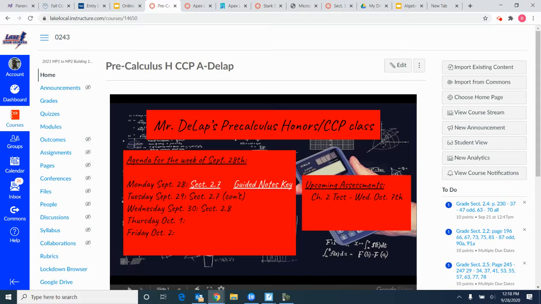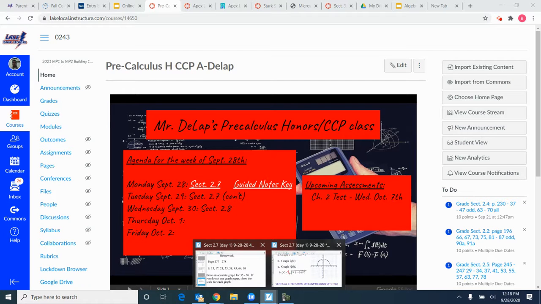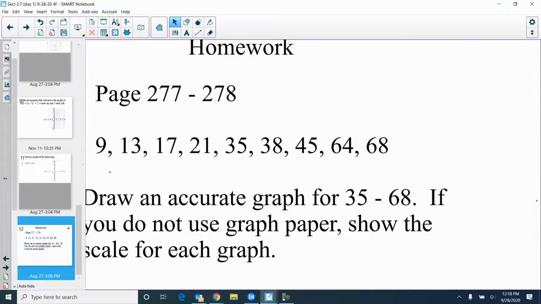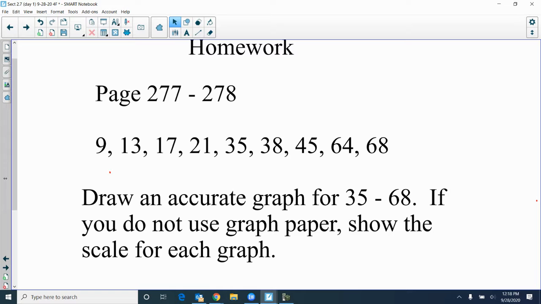Okay, so do that, check your notes, make sure they're good, hit the guided notes key, and then there is an assignment, which is right here. Once you get the guided notes done, there's your assignments for 35 through 68, 1, 2, 3, 4, 5 of them. Use graph paper if you have it. If not, make sure you